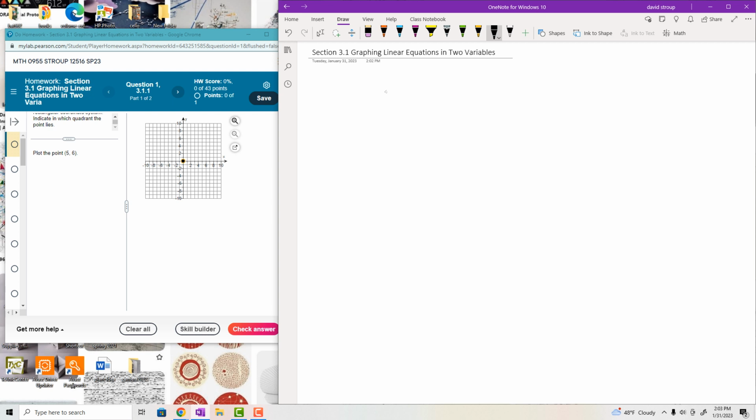The first type of problem we see, on the left, you have some graph paper with a bunch of little boxes on it, and then there's a point you want to plot: the point (5, 6). The first coordinate is called the x-coordinate, and it tells you whether you're going left or right. Let's put some tick marks on here for distances. Then the second coordinate of the ordered pair is the 6, and it tells you if you're going up or